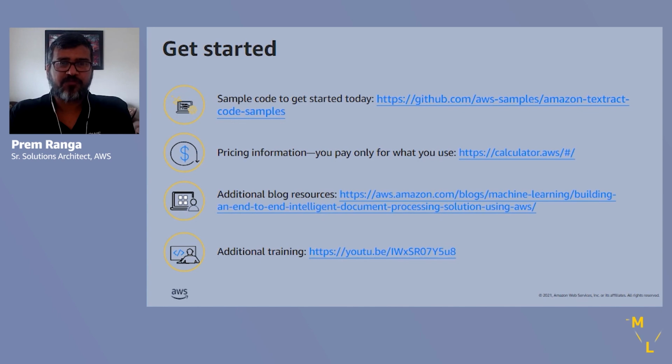And in this slide, I've given you some additional resources. For example, if you want to look at a variety of ways in which you can use Textract for your own needs, please do refer to the GitHub Textract code samples. The pricing information for our services is provided there. And I've included some blog posts. This intelligent document processing blog post right here is the original inspiration for the solution I created for the summit. So please do read the blog post, which provides some additional context on how we can build the solution. But yeah, happy experimenting.